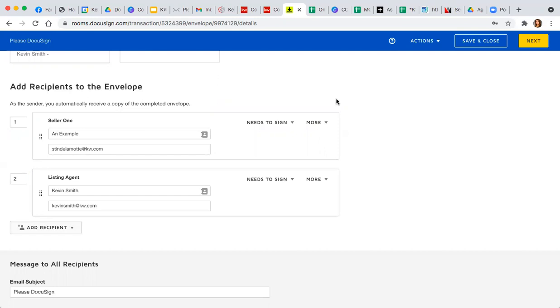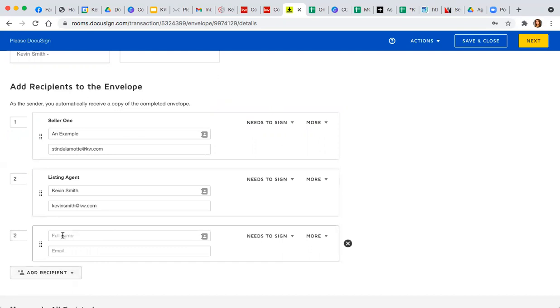Someone brought up the fact that if they wanted to send this to an attorney, but they don't need to sign anything, again, you are able to add a recipient and then add an email address. So if it was, let's say, Cali Law, we put their email address in here, 123 at kw.com. Where it says needs to sign, what we can do is click that drop down